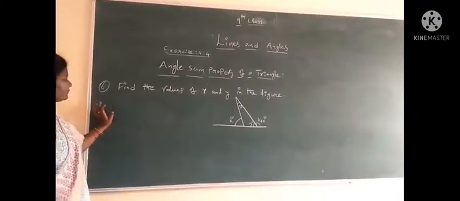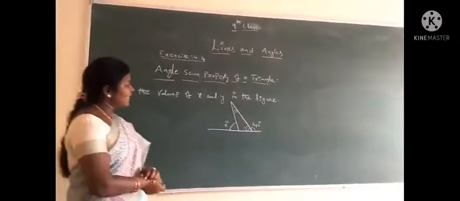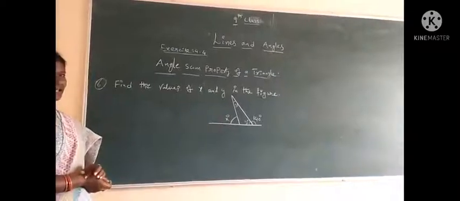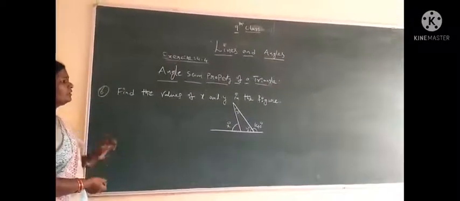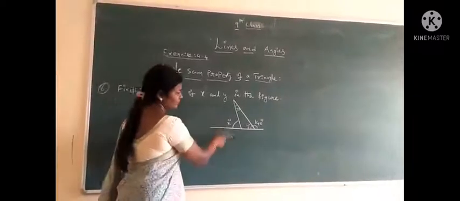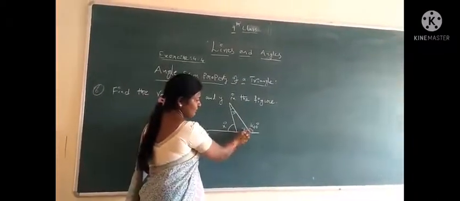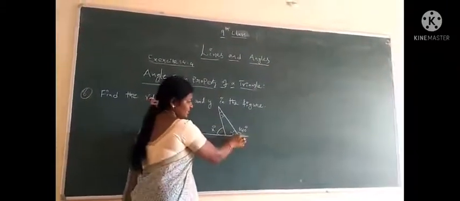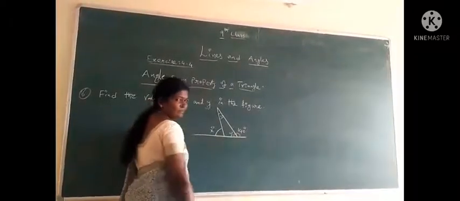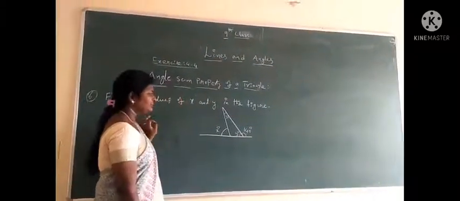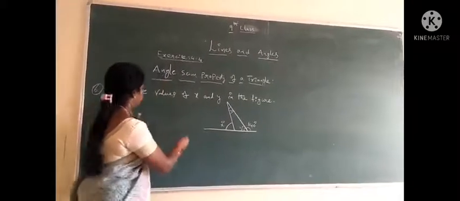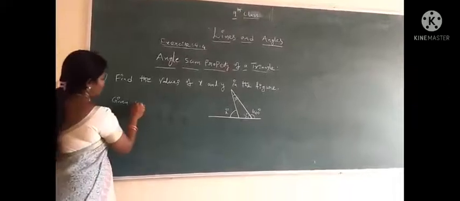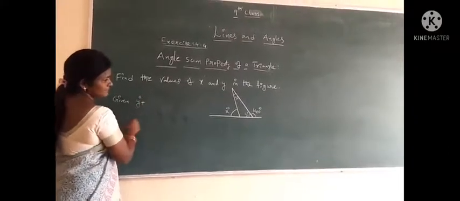Next problem, students. Find the values of x and y in the figure. Observe this figure. These two angles are a linear pair. So, given y degrees plus 1